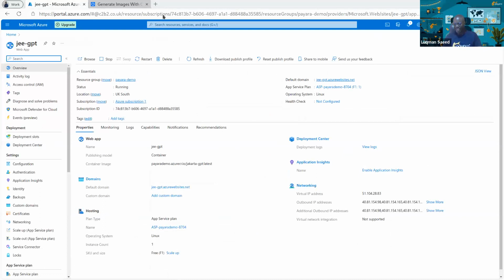So I configured everything to take the registry that we pushed the container to, and expose it as a web application. So if I come to the configuration here,